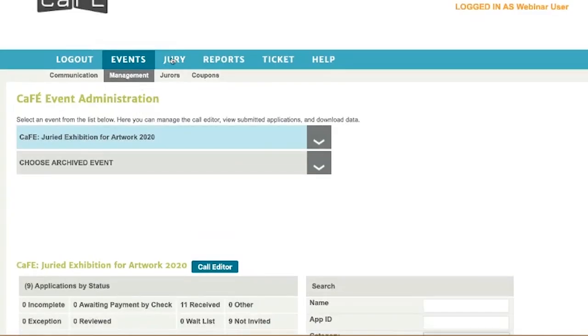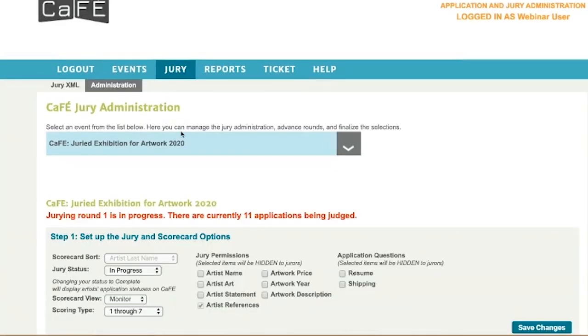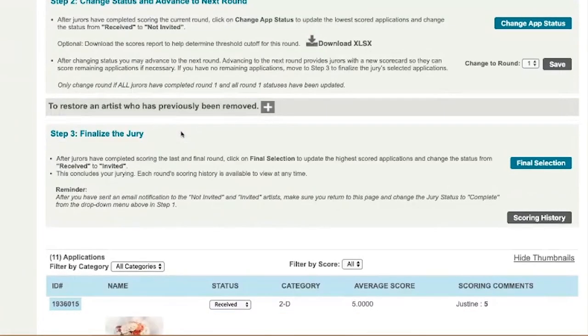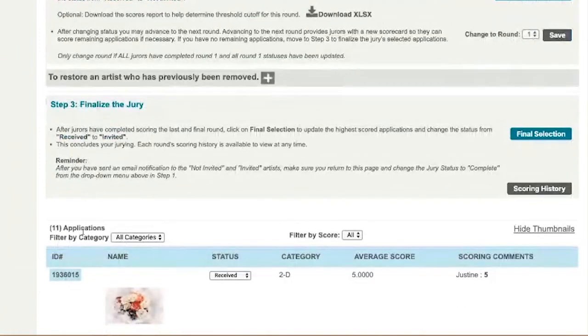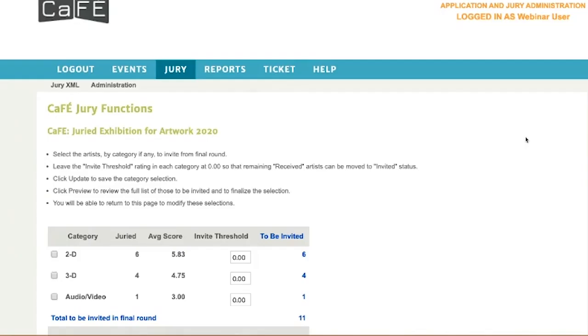So when you're ready to finalize your jury, let's just say that we are done here, you will go to step 3 of the jury administration page, to move your selections that are left, these 11 here, to the invited status. So you'll click on Final Selection